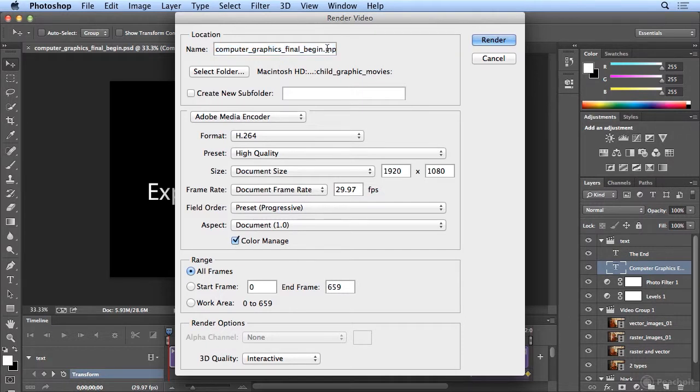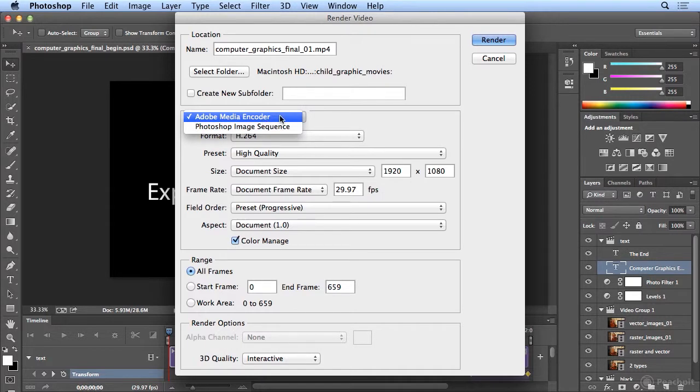I highly recommend that you start numbering, because you may do several versions of this to see if the width and height is ending up proper, or if you've got it at the right file size, if you're going to be emailing it or sharing it on social media. So as you create each version of your video, give them numbers just to see as you change the setting how that impacts your file size, your dimensions, your upload speed. So when I give this a name,